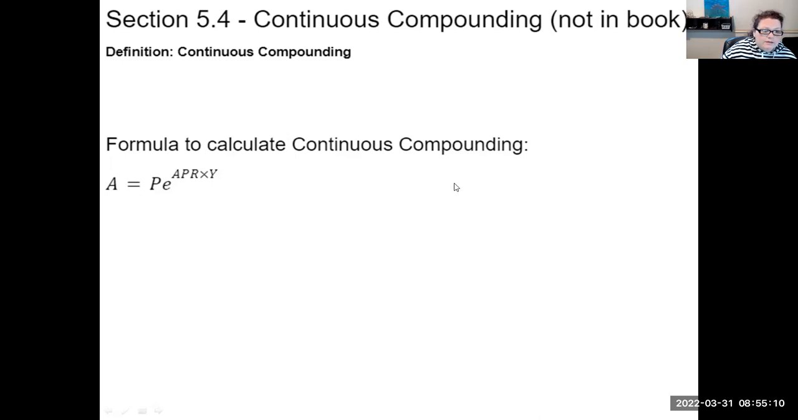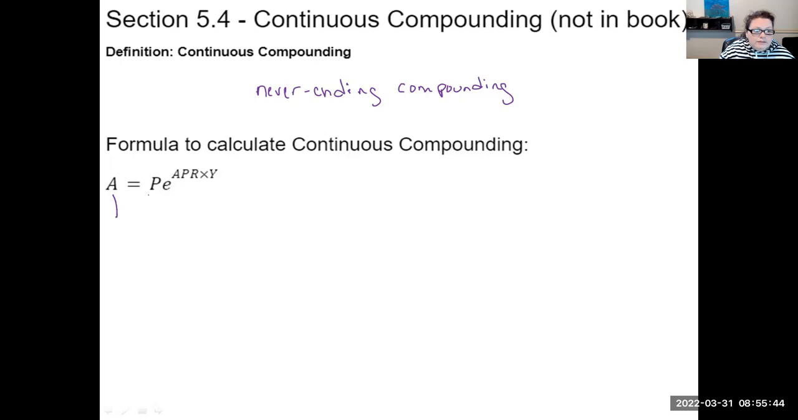And let me tell you what continuous compounding is. Continuous compounding is just compounding that never ends. It's never ending compounding. So it's not daily, it's not weekly, it's not hourly, it's not minute, it's not seconds. It's just continuous, never ending compounding. So the formula for continuous compounding is A is equal to, so this is the